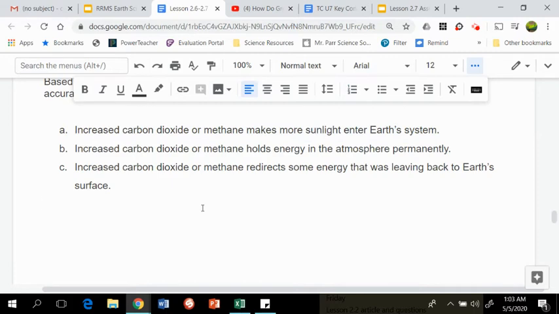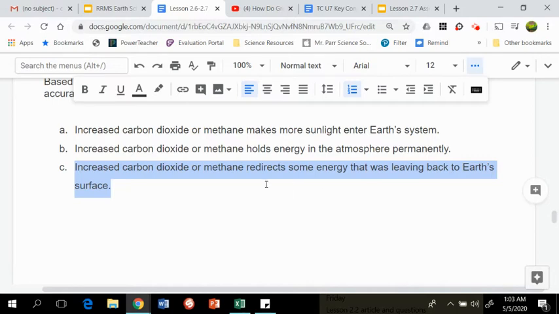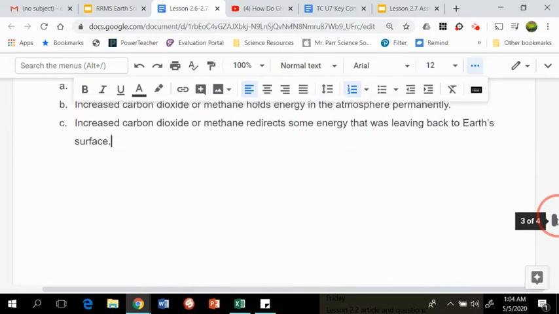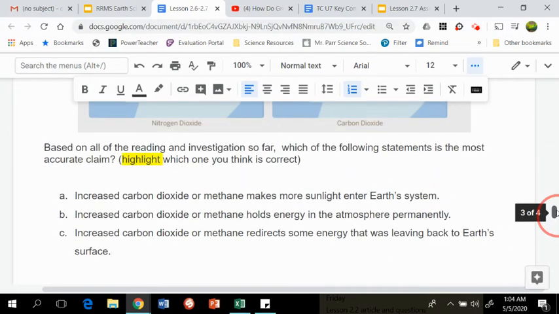So which one did you choose? Hopefully you would have chosen C. C is the correct one. It's not making more sunlight enter the Earth system. It's really the energy that's entering. We can't create more sunlight to enter the Earth system. And B is not correct because it says that it holds the energy in the atmosphere permanently. It's not permanent. Some of that energy can escape back into space, but it's like that game in the video